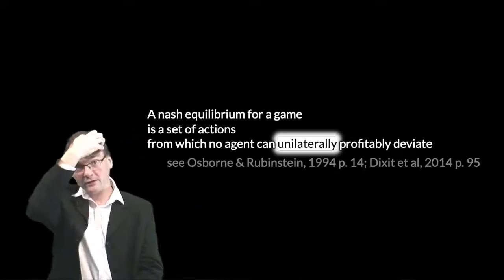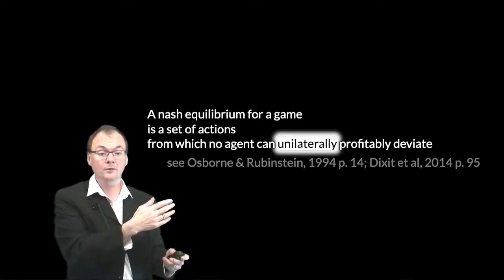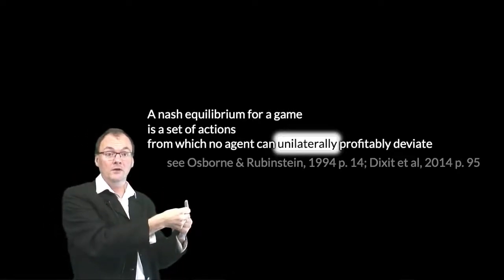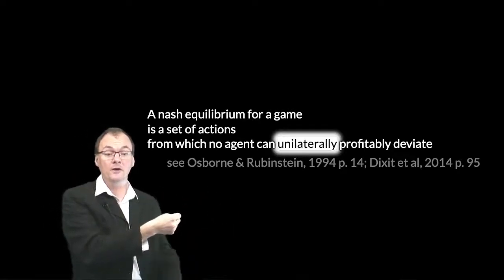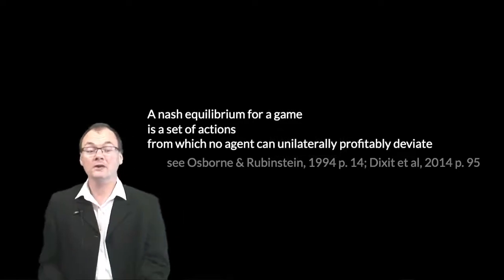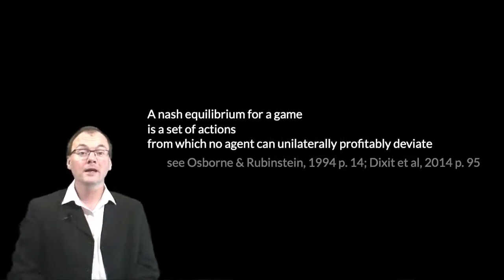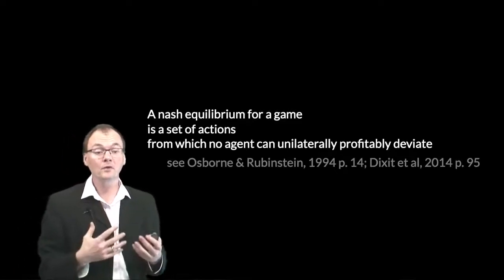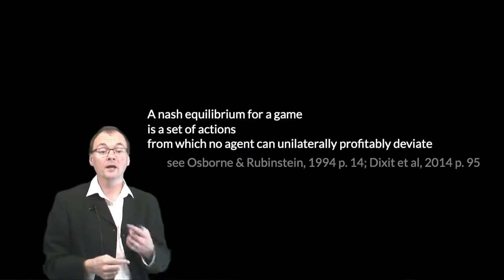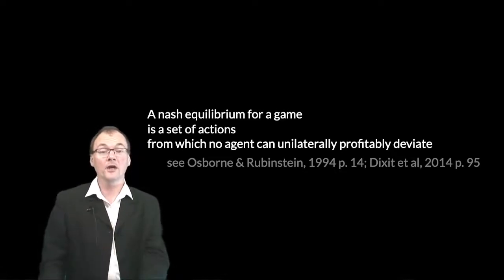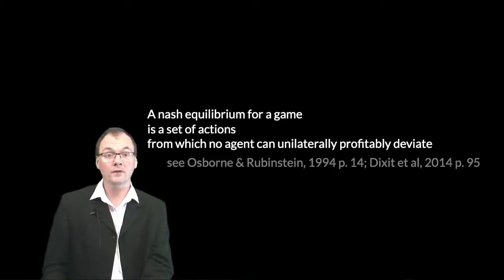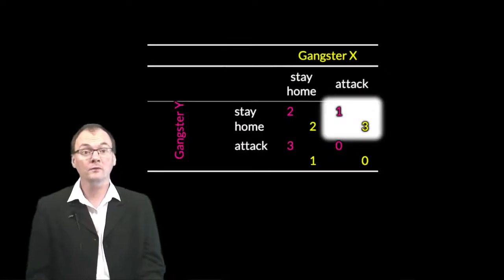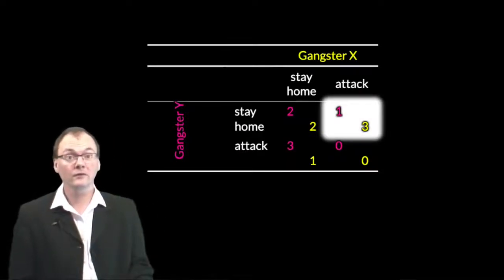If it does, then we don't have a Nash equilibrium. If it doesn't, and it doesn't do that for any of the other agents either, then we do have a Nash equilibrium. It's actually an incredibly simple and very beautiful idea. So if you haven't got your head around this yet, do go back and take another look at what's happening in the Hawk-Dove game.